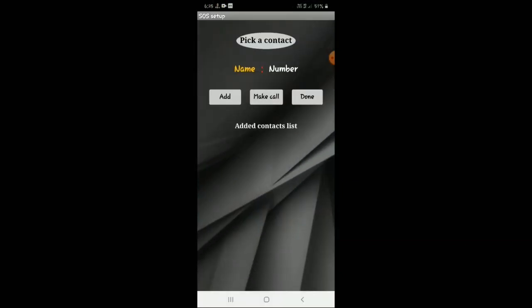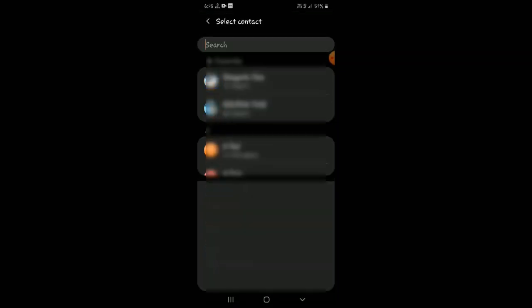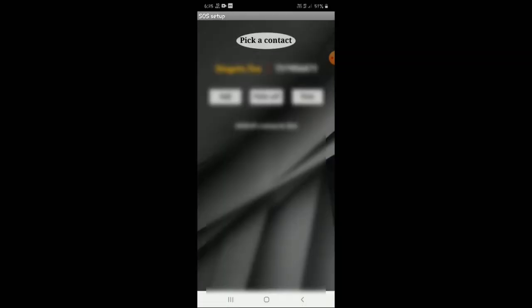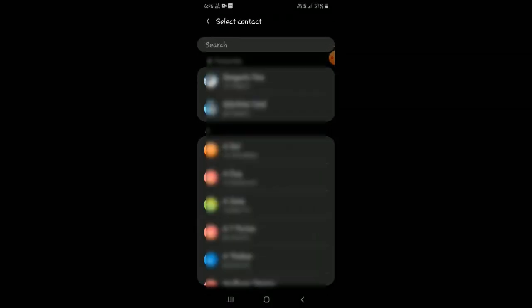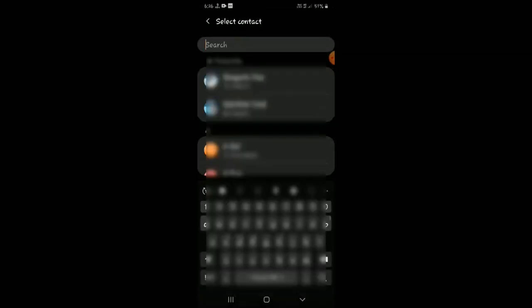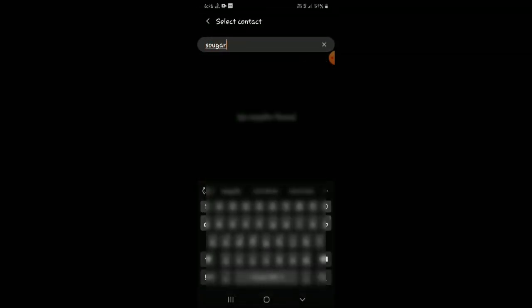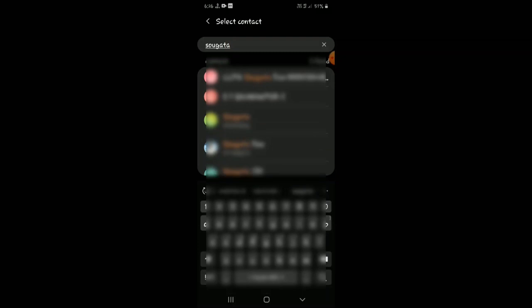For emergency situations, there is an SOS feature in our app. To use this feature, the user has to add some of his close ones' contact numbers only once. After that, it allows the user to inform family members, friends or relatives that he is in a medical emergency by sending the current location through SMS.